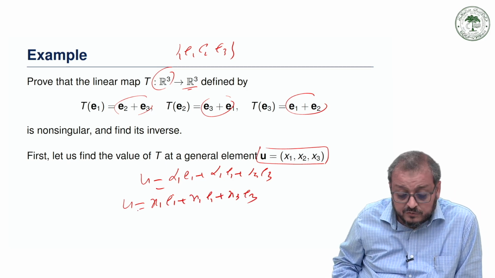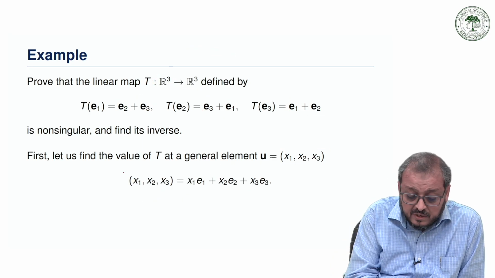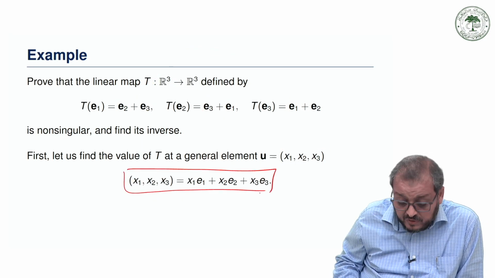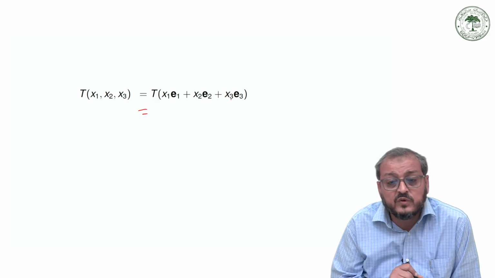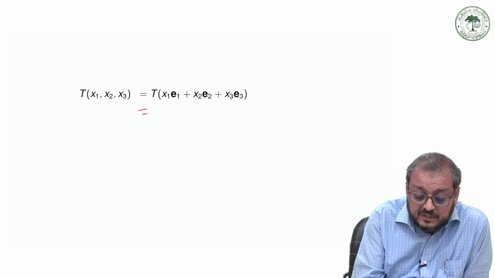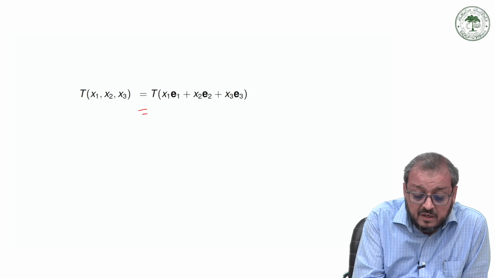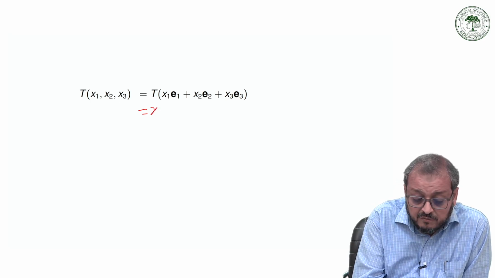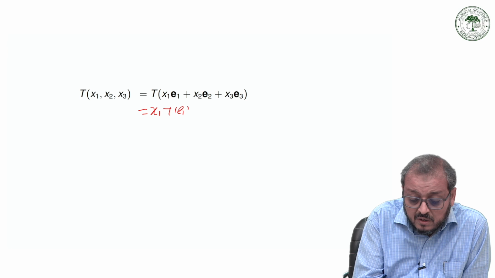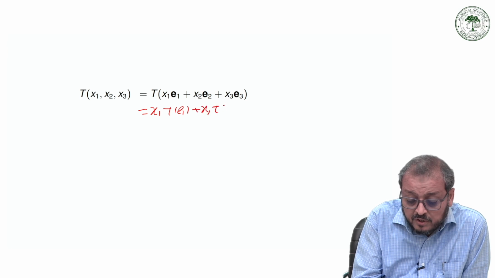So we write x1, x2, x3 into this form, and now we operate T on x1 E1 plus x2 E2 plus x3 E3, and since T is a linear transformation,